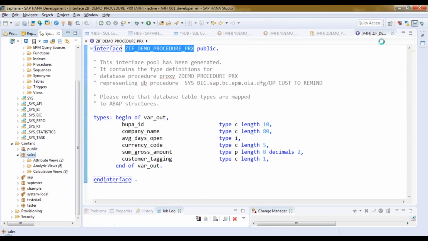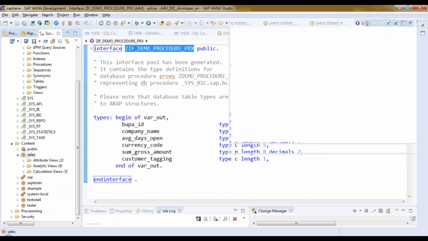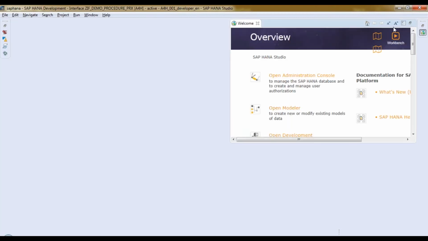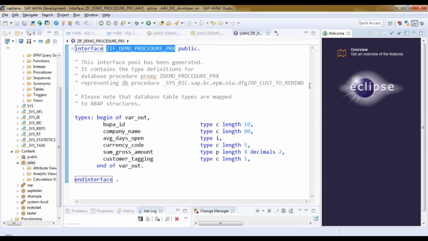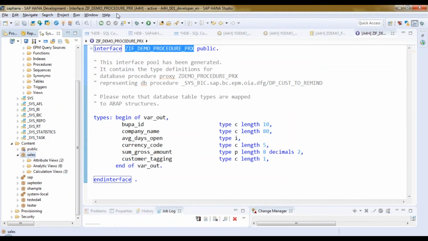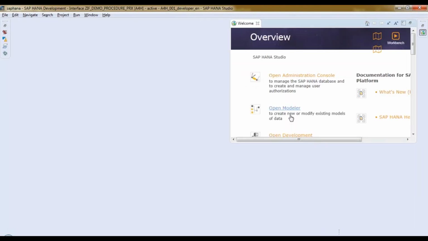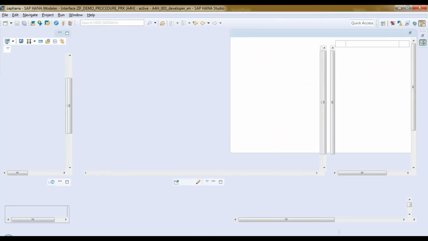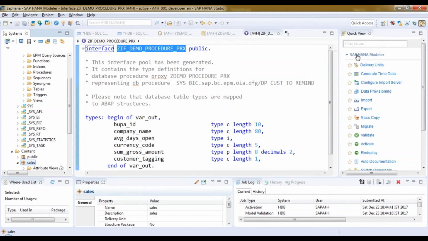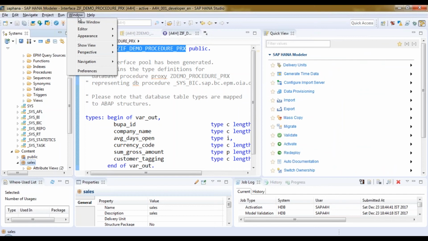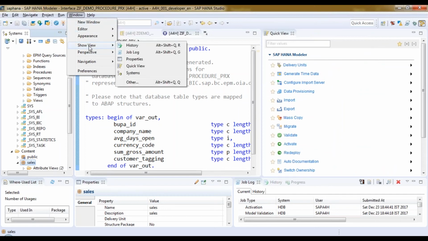Is that the welcome view for SAP HANA Studio, where we actually get the list of options? Yes, correct. This is the view we will use. Or where did it go? Okay, let's bring it back again. Welcome view, and I will go to open administration, open modeler. Let me go to the modeler. And you can see now this HANA modeler view over here, the quick view. This is called the quick view actually. I missed the name. So you can open the quick view also from here, Show View and Quick View. This is how you can open the quick view.